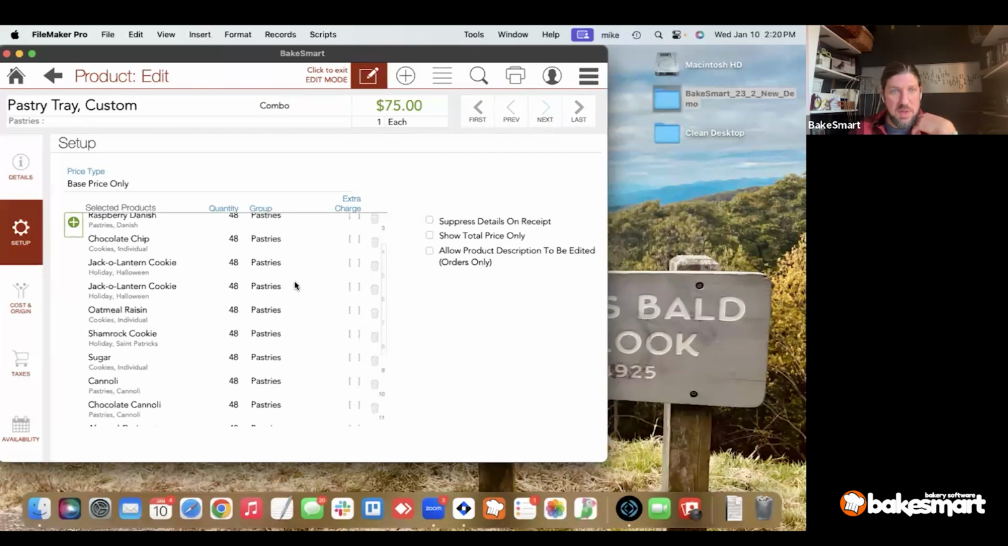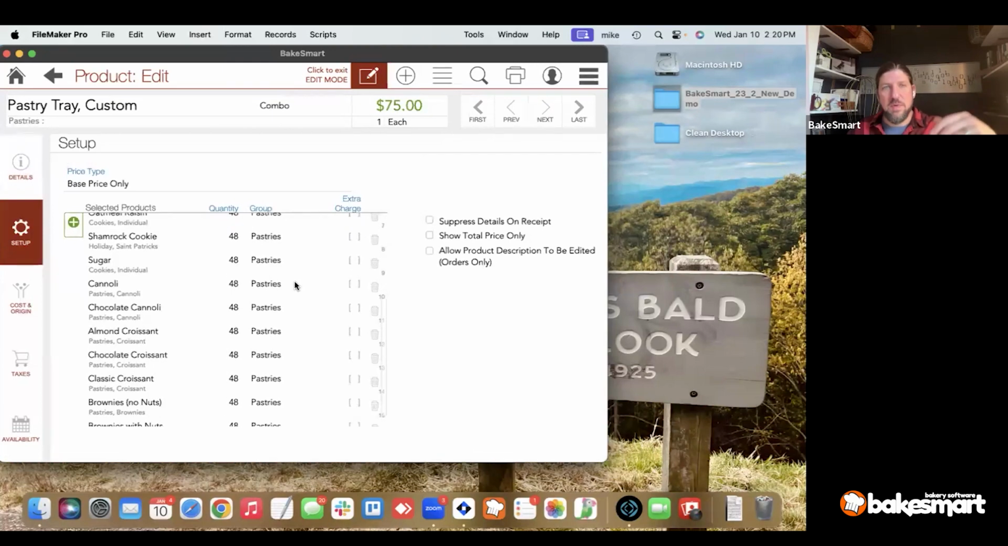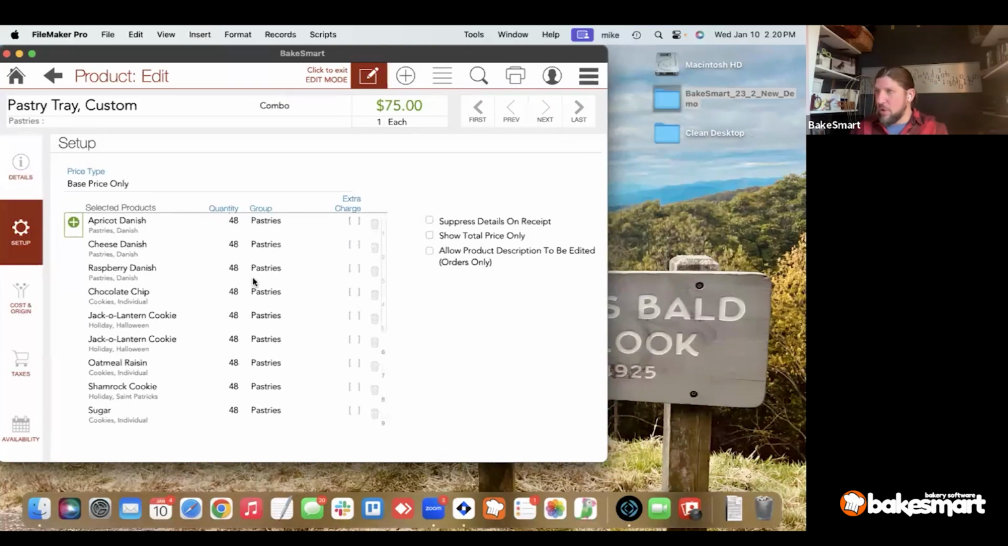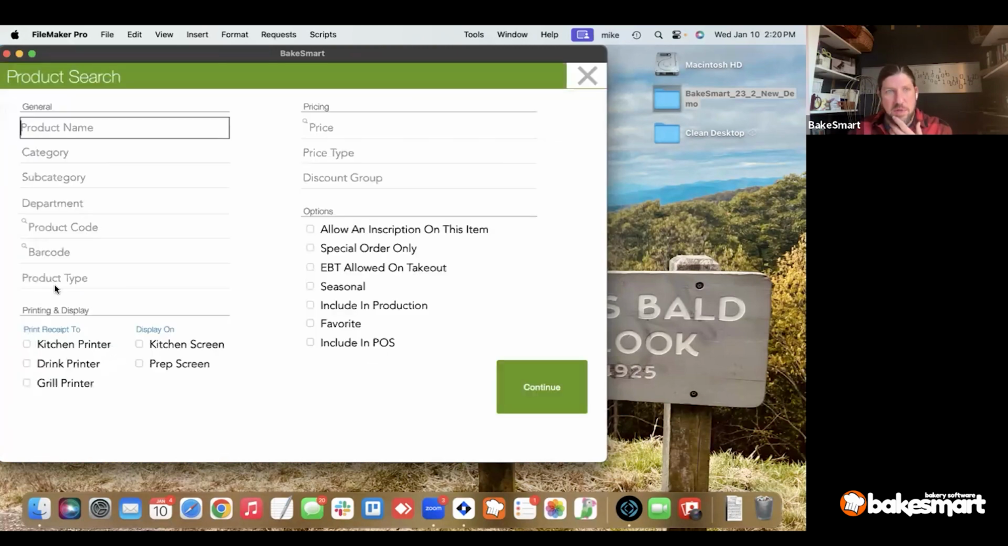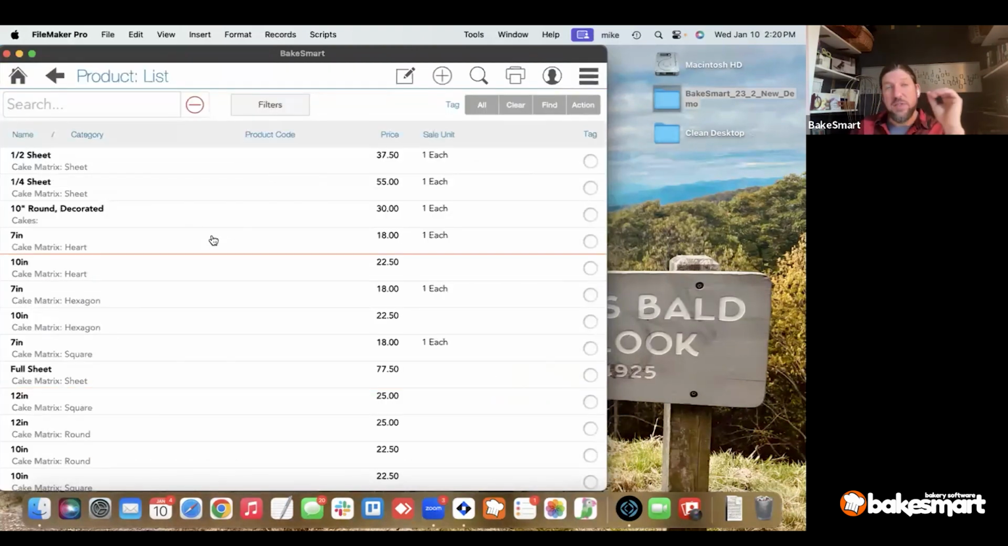Let's look at this one. Custom. Yeah, so this one, larger product list, smaller tray. You can choose up to 48. I don't think there's much else to talk about with combo. Let me search for some custom products. All right, so